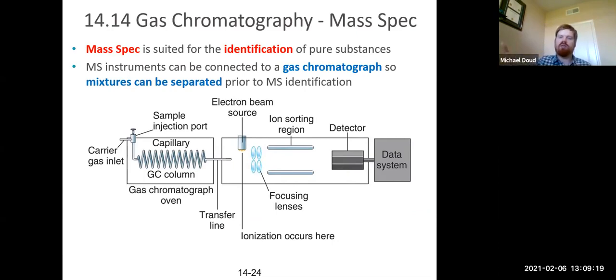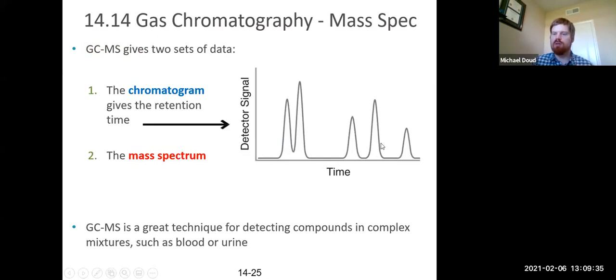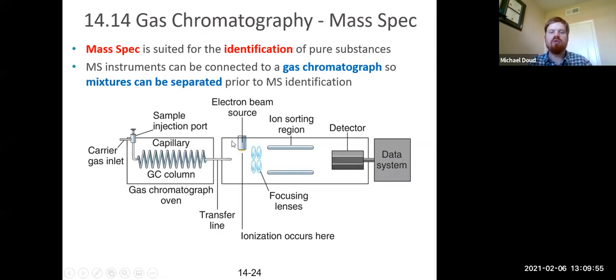Okay. Now this is something that we are going to do, which is where you're going to have data from. I want to explain how you're going to see this data and how you can use it, which is that you can couple a mass spectrometer to a gas chromatography instrument. Hopefully you recall from last semester, gas chromatography looks like this, right? You vaporize a compound, it goes through the column, and then it comes out the other side of the column, and compounds separate based on polarity, generally speaking, or how they interact with the column in any case. And you get these different peaks here. Well, rather than just running it through a detector, there's a detector there, but then that detector is going to link up to a